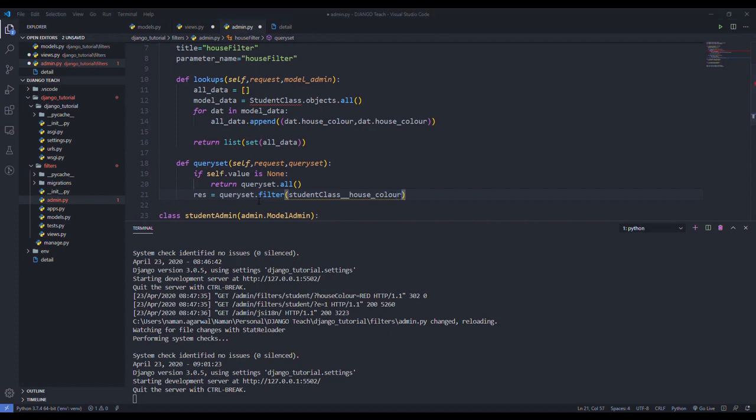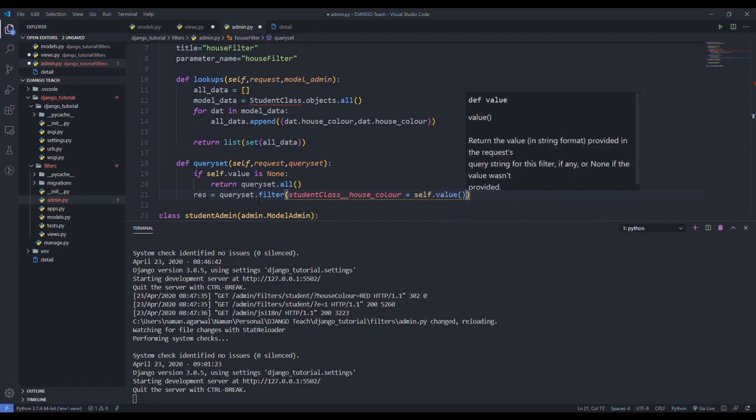Got it? House underscore color, and this will be equal to self dot value. Got it? I just forgot to add a bracket here.